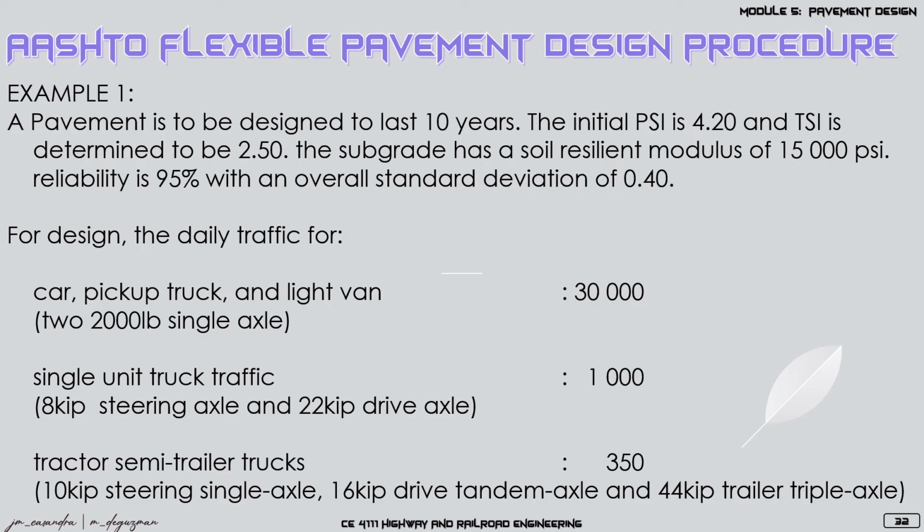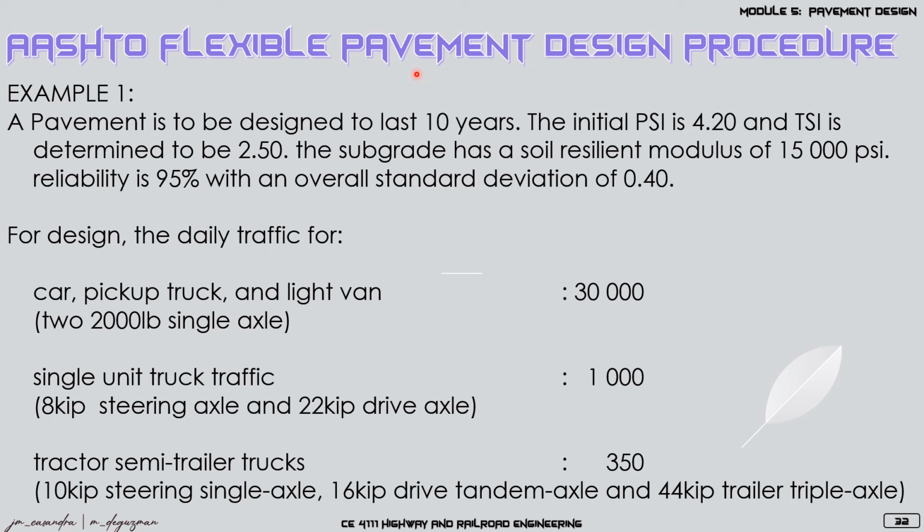So we have a pavement to be designed to last 10 years. The initial PSI is 4.20 and the TSI is determined to be 2.5. The subgrade of the pavement has a soil resilient modulus of 15,000 PSI and will have a reliability of 95% with an overall standard deviation of 0.4. So for our design, we now have a daily traffic, or we would expect a daily